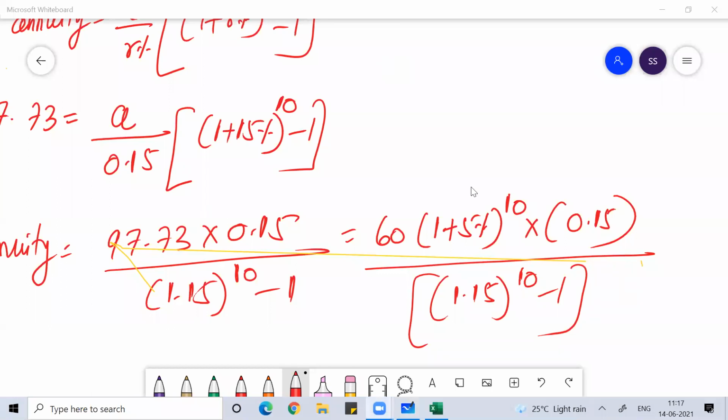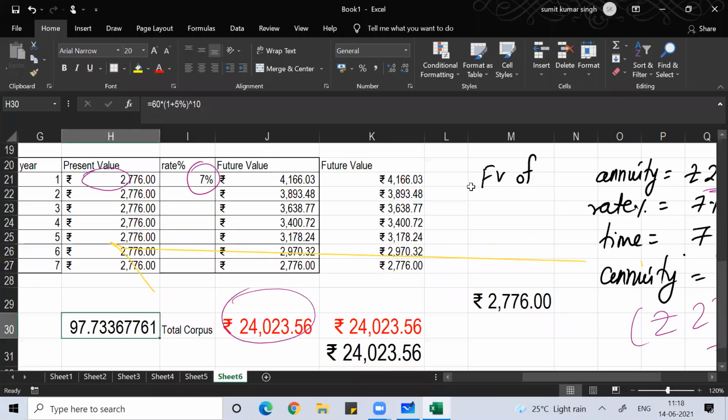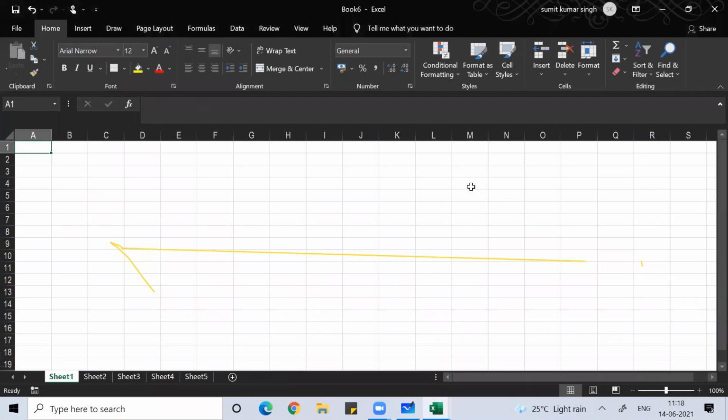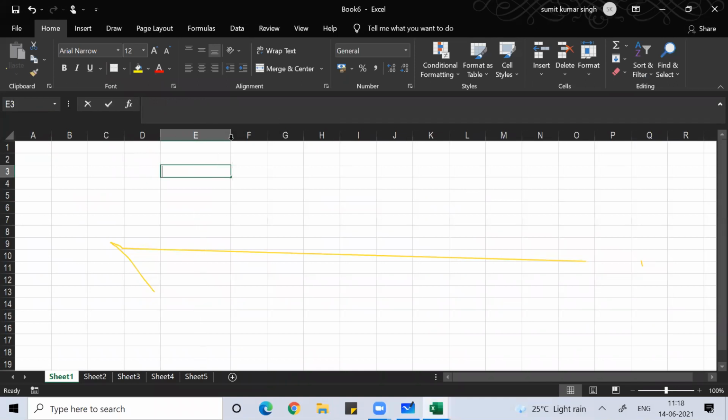So if I want to do this calculation in Excel, what is this value? You can do it with a calculator and all. What should be my annuity? How much should I invest?